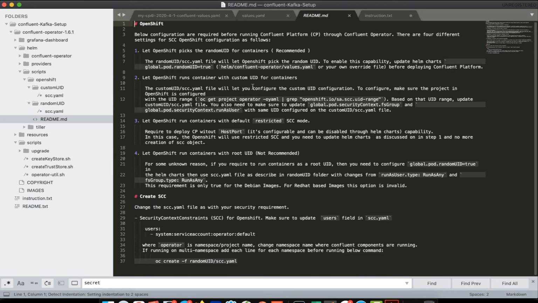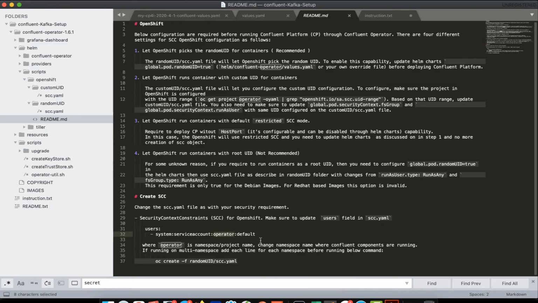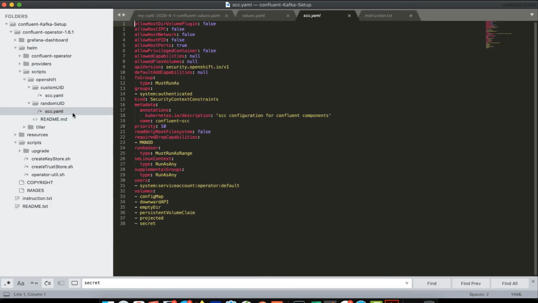If you open the README, you can understand it clearly. Let's stick to option 1, which is recommended. We can make use of the random UID. For you to create an SCC, it is clearly mentioned that this is the operator considered as a namespace or a project name. But in our case, we created this namespace name. So what we will do is take the random UID SCC YAML,